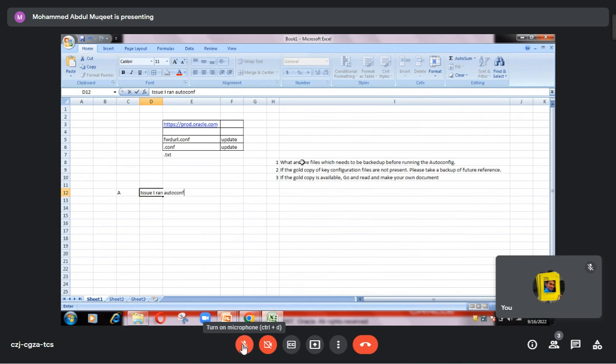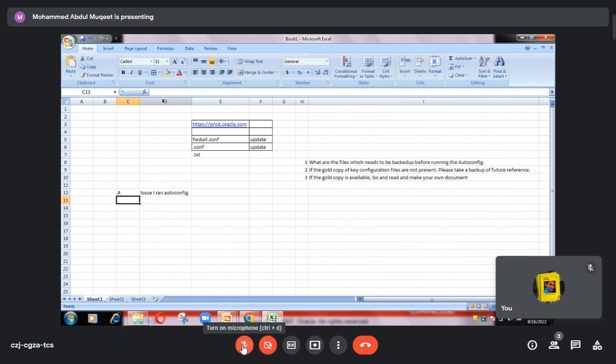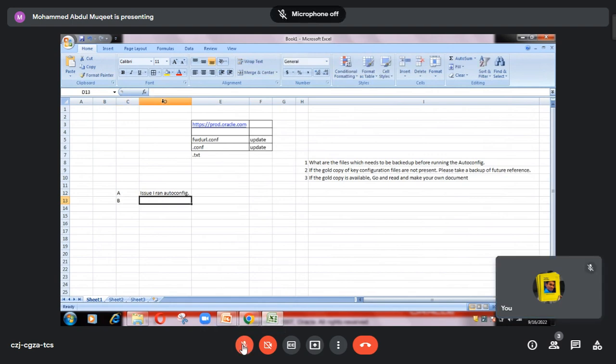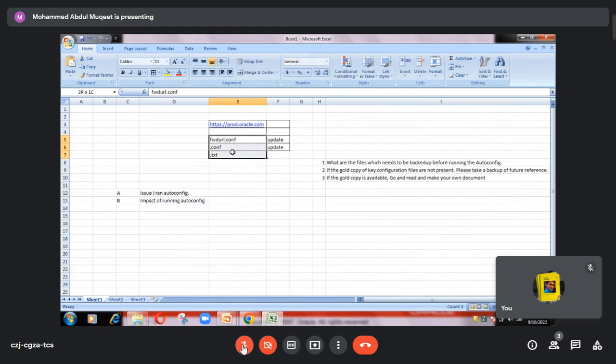Okay, yes or no? But the impact of running autoconfig is that it has modified some things in these files. So as a good DBA,